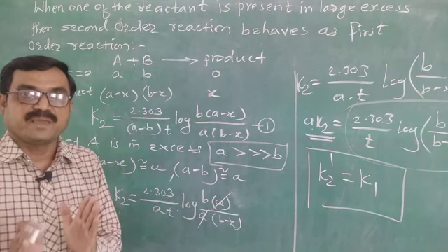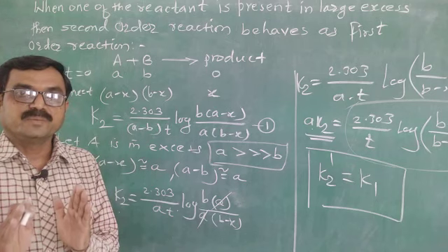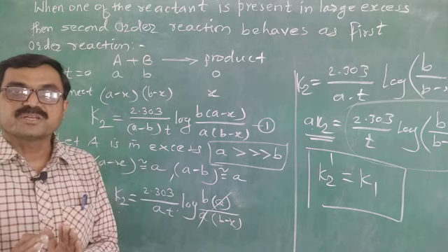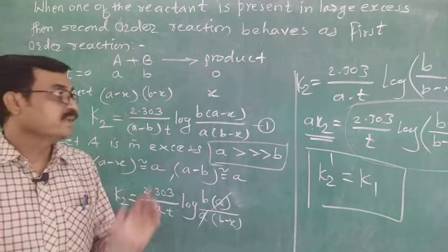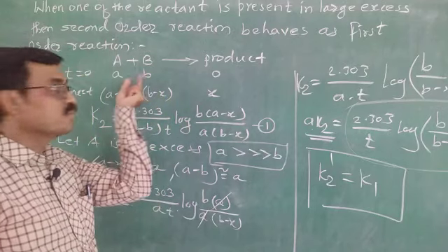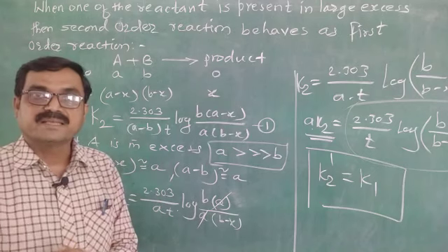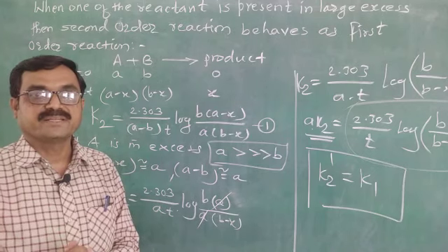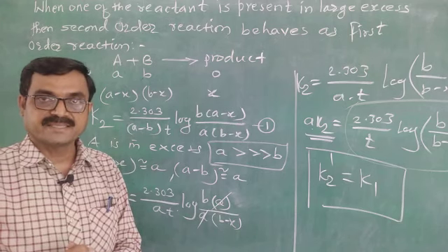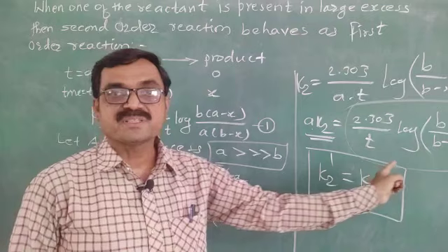So one thing to understand is that in a second order reaction, when one of the reactants is in excess, then the rate of reaction and rate constant do not depend on it. Okay, here look, B is in a definite amount while A is in excess. In this way, the last characteristic of a second order reaction is that when one of the reactants is taken in large excess, then this reaction behaves as a first order reaction, because this is the rate equation for a first order reaction.